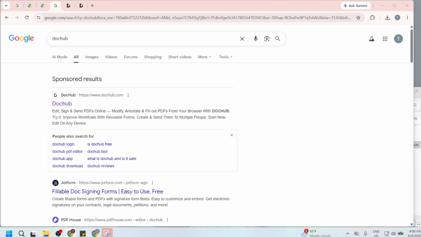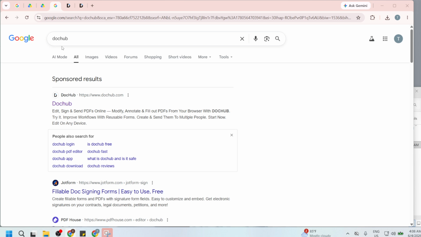In today's video, I'm going to teach you how to open a document in DocHub. DocHub is mainly known as a PDF editor and converter, but it also supports a variety of file types. If you upload supported files like Word documents, PowerPoint presentations, spreadsheets, text files, images, or GIFs, DocHub will typically convert them into a PDF version automatically. That makes it a convenient tool when you want to view, edit, or sign documents in one place.